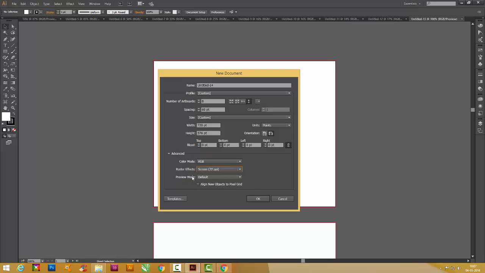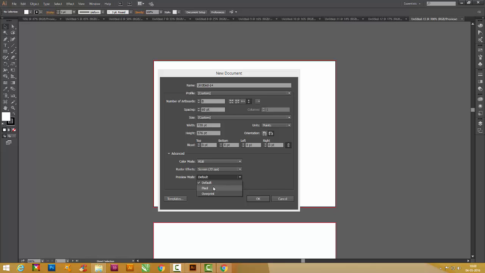And the next one is called preview mode. In preview mode you have preview modes: default, pixel, overprint. Default is the normal view, where vector objects are visible as vector objects itself. The next one is called pixel, where vector objects continue to be vector objects, but they will be displayed to you as raster objects.